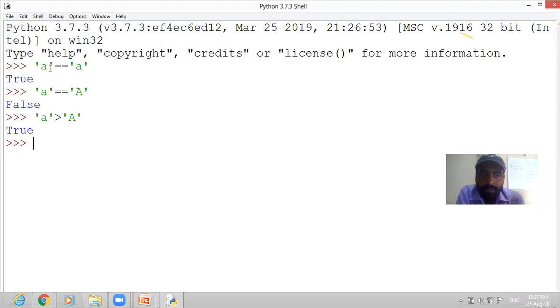See here, small a is greater than capital A. Now if you write small a less than capital A, then it will produce the result false. So that's what it is telling. Now if you include space also, then what will happen? If you write a space, then write equal to a, is it equal? Yes, Pratishtha, you want to ask something?